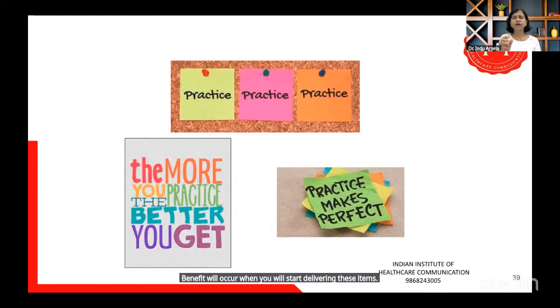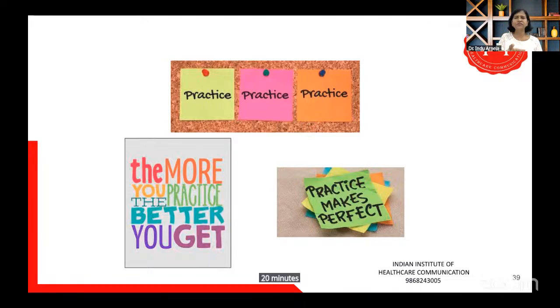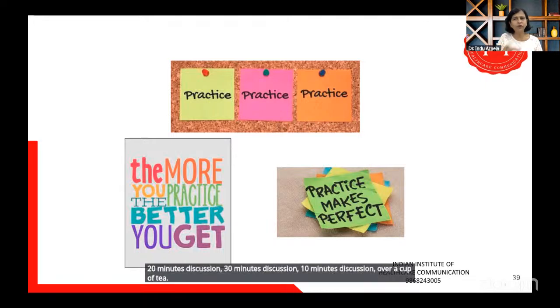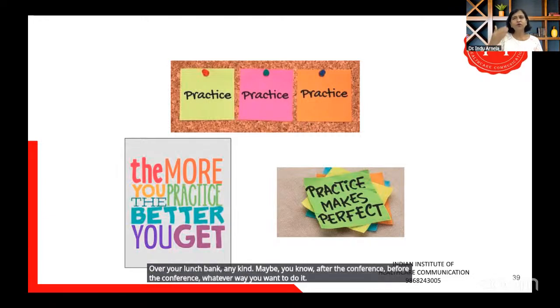Wherever you are, even if you could start or initiate a 15-minute discussion, 20-minute discussion, 30-minute discussion, 10-minute discussion over a cup of tea, over your lunchtime, anytime, maybe after the conference, before the conference, whatever way you want to do it, that's how you will start